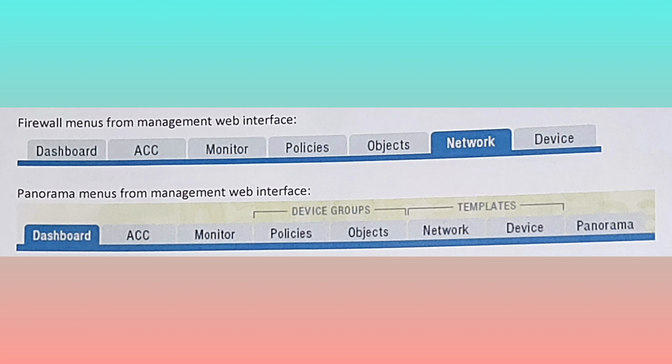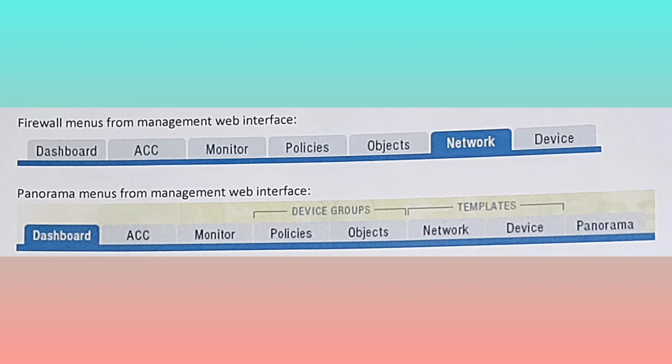The PCNSE certification requires a candidate taking the test to have knowledge of the Panorama firewall management function. Let's understand a few pieces of information related to Panorama. This information reviews the management concept but does not cover the remaining Panorama features. Whatever we discuss here are the critical and important features which are useful for the PCNSE exam.